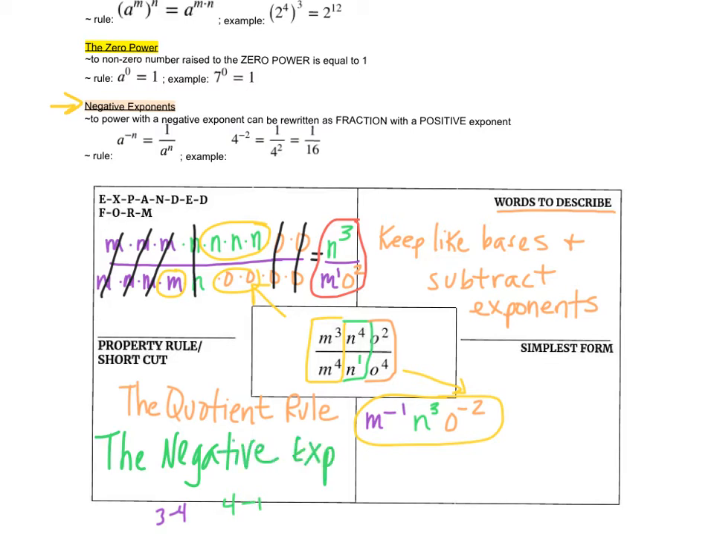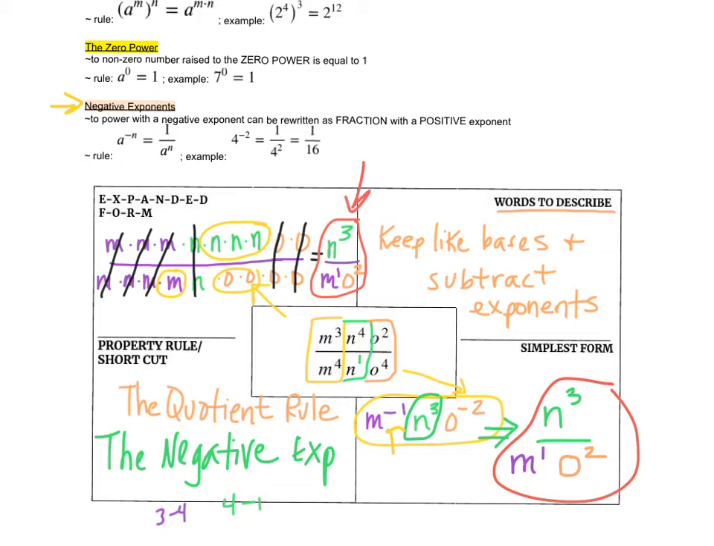Okay, so to make a negative exponent a positive exponent, we rewrite it as a fraction. So what we're going to do is make a fraction. Now, n to the third was okay. So n to the third just stays in the numerator. And then to make the negative 1 a positive, right here, we're going to put it in the denominator and change it to a positive 1. And same with o to the negative 2, we put it in the denominator and change it to a positive 2. And then this would be our final answer, which is the same answer we got when we did the